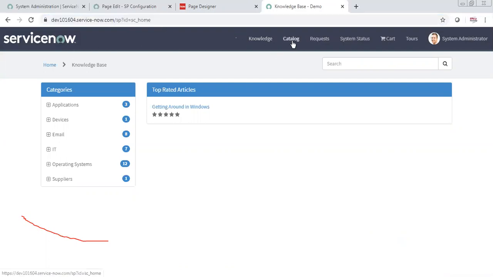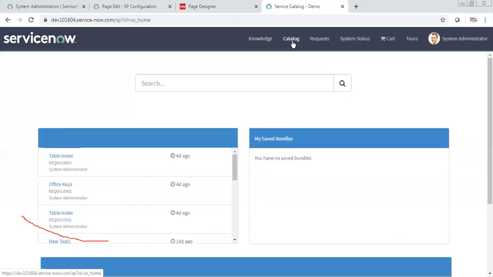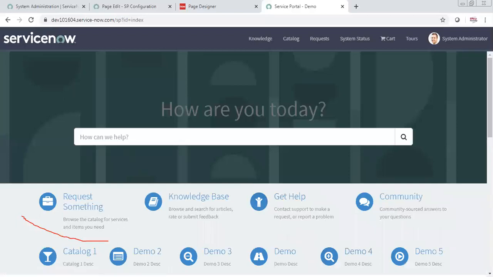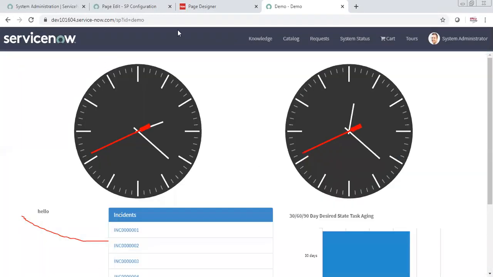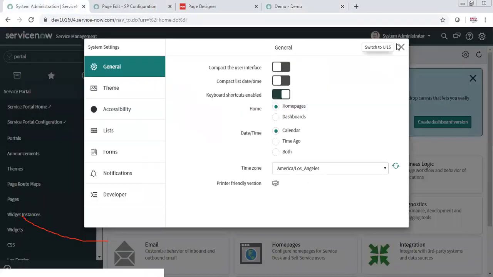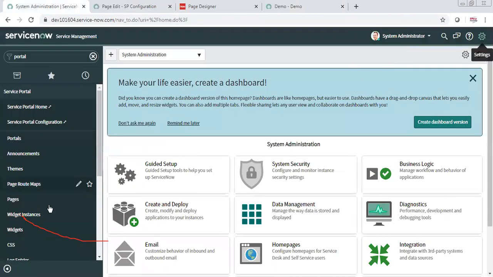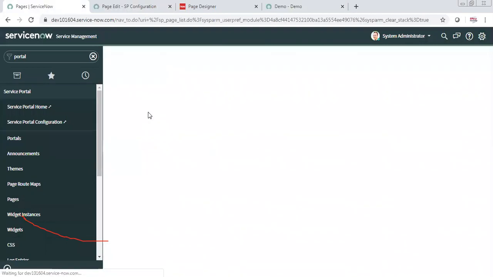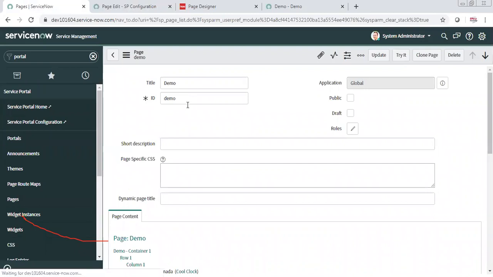Now, if I click on demo from the first page, it takes us to the page we created. As we have linked the demo URL to our page, if you click here, you will see the ID is equal to demo. That's why, when I designed the page, I said this ID is very important, because it is used to navigate to your page.